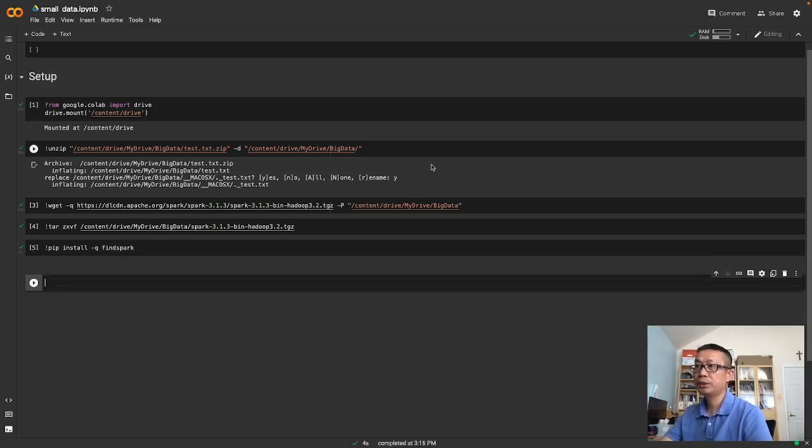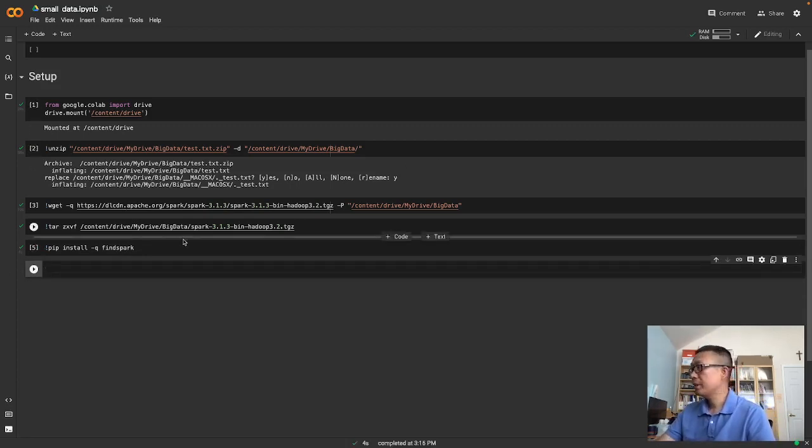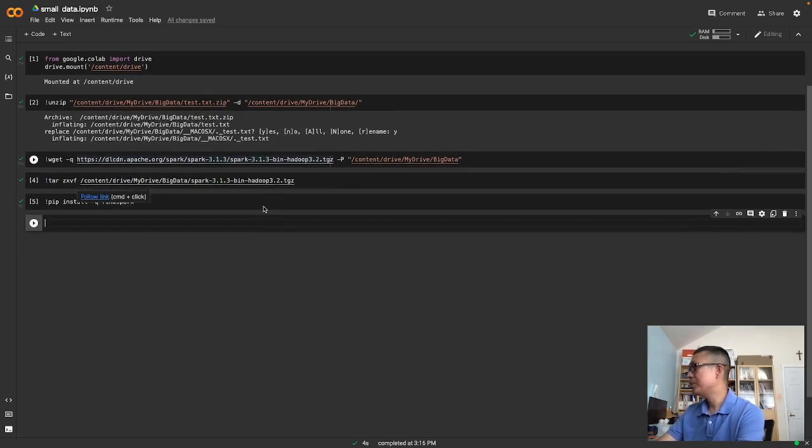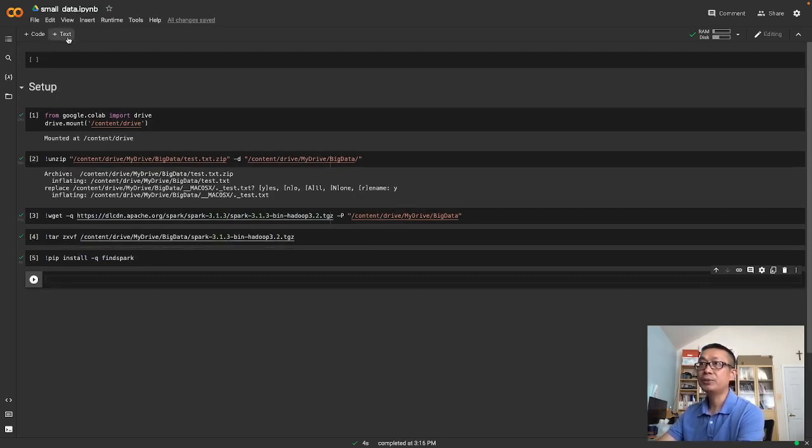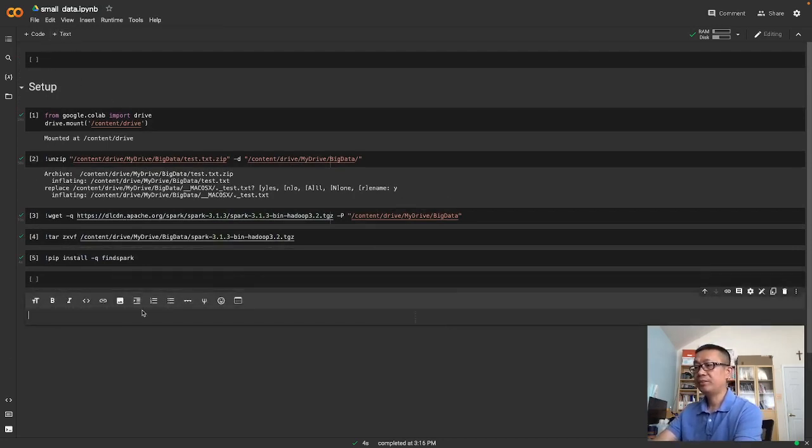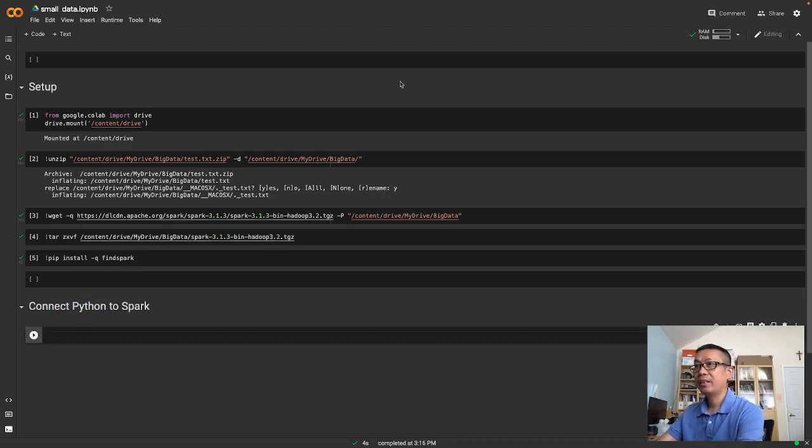Okay, so install findspark so that you will be able to find the Spark environment from Python. Right now, at this point, the setup is done. We can start to test, and start to connect Python to Spark. The next thing we are going to do is first find where